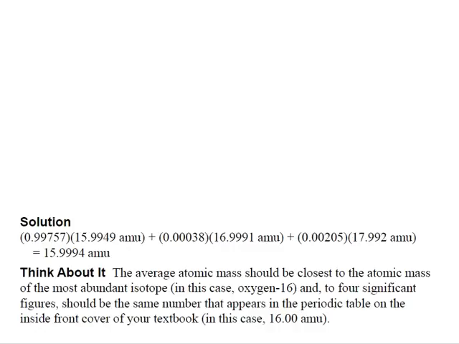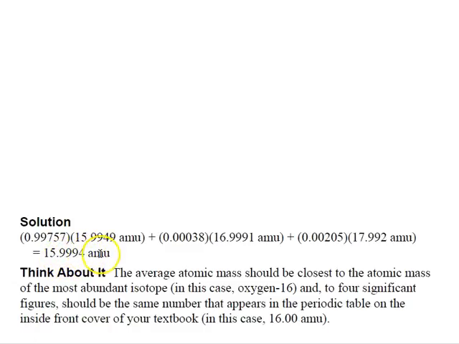Okay, so let's take a look at this. This is 0.99757, which is just the percent divided by 100. It just makes this a fraction. Multiply by that respective atomic mass unit that was given with that percent, and then add that to the second mass unit multiplied by the percent divided by 100, and the same thing for the third one. So we would multiply through first, and then add all three of those together, and it should come out to be